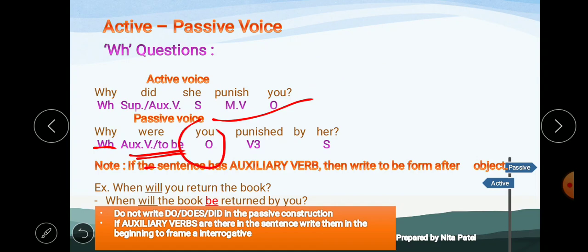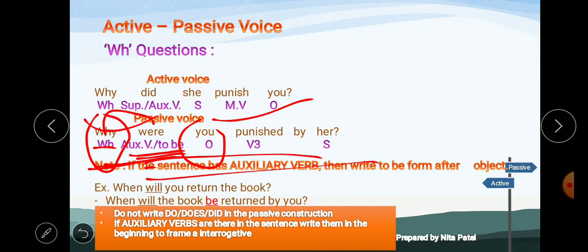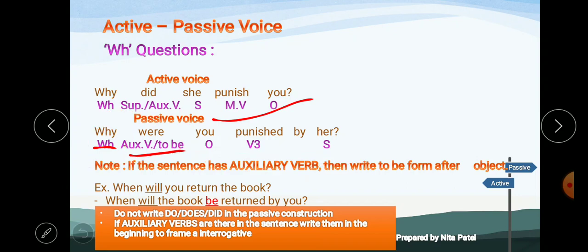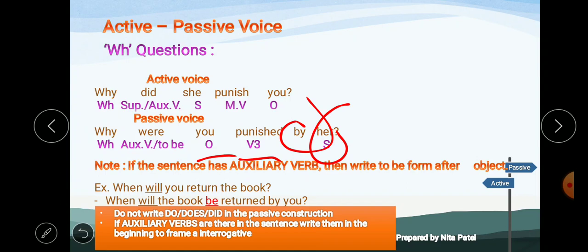Third thing is the object. Now after these two things, only one thing is added here: we'll have to put the WH word in the beginning. Otherwise the sentence structure is just like the interrogative sentences only. No other formation you will find here. Everything is the same, just like the interrogative sentences. After the object, our main verb will convert into the third form, that is, the past participle form V3. Then we'll put by, our subject in the objective case, and the question mark.